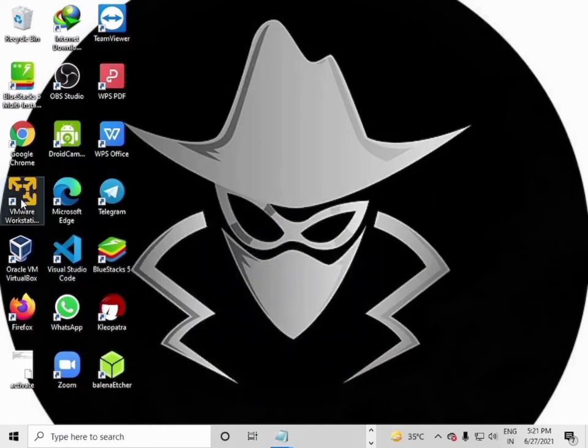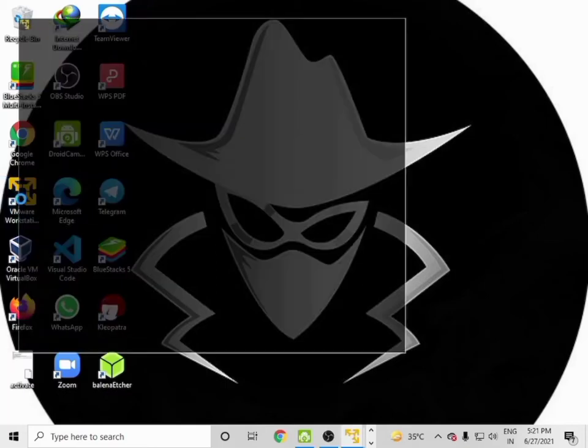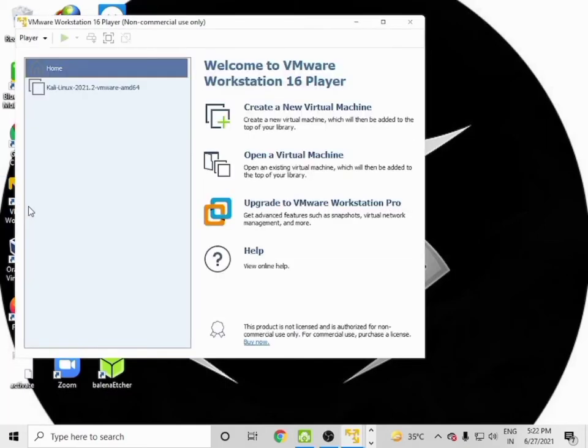Let me launch that, and inside my VMware Workstation 16 Player you can install any operating system possible. So I have put Kali Linux inside VMware Workstation on my Windows 10 machine.